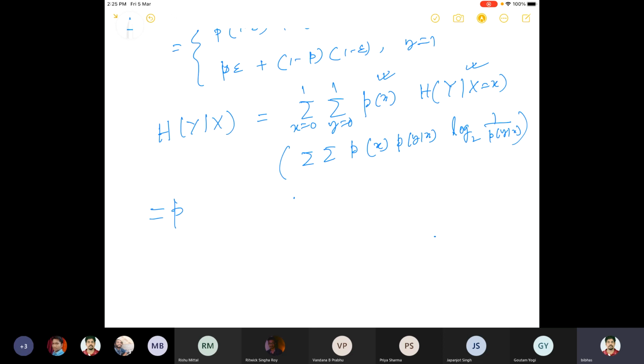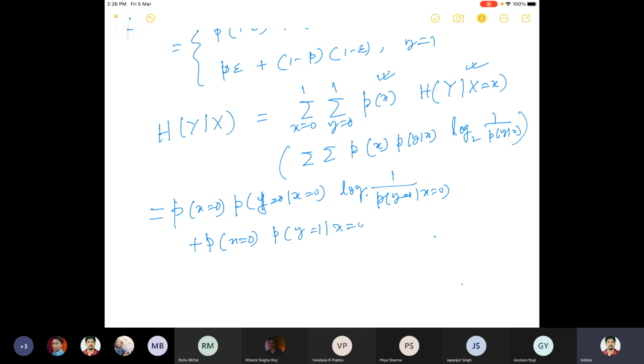If I take all values of x and y, this is probability of x equal to 0, times probability of y equal to 0 given x equal to 0, log 2 of 1 by probability of y equal to 0 given x equal to 0, plus probability of x equal to 0, probability of y equal to 1 given x equal to 0, then log of 1 by probability of y equal to 1 given x equal to 0,